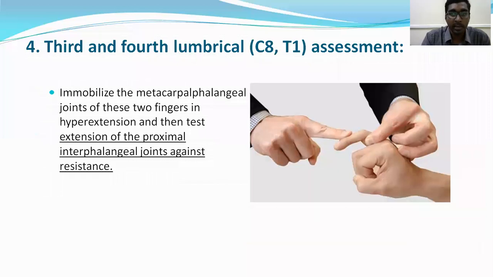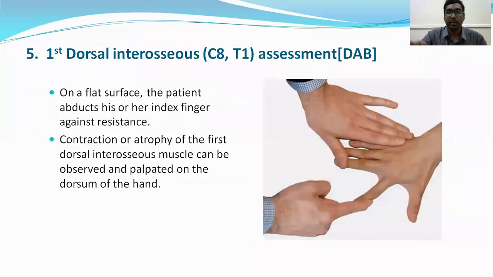And third and fourth lumbricals assessment. The first 2 lumbricals are supplied by the median nerve, and the third and fourth lumbricals are supplied by the ulnar nerve. We have to examine them. And first dorsal interossei assessment. What are dorsal interossei and ventral interossei? Dorsal interossei cause abduction of the fingers, meaning spreading apart, and ventral interossei cause closing of the fingers. Okay? Dorsal interossei, ventral interossei. Lumbricals also contribute a little bit to this movement, but the interossei mainly do this action. So for the first dorsal interosseous, you have to ask the patient to do this.